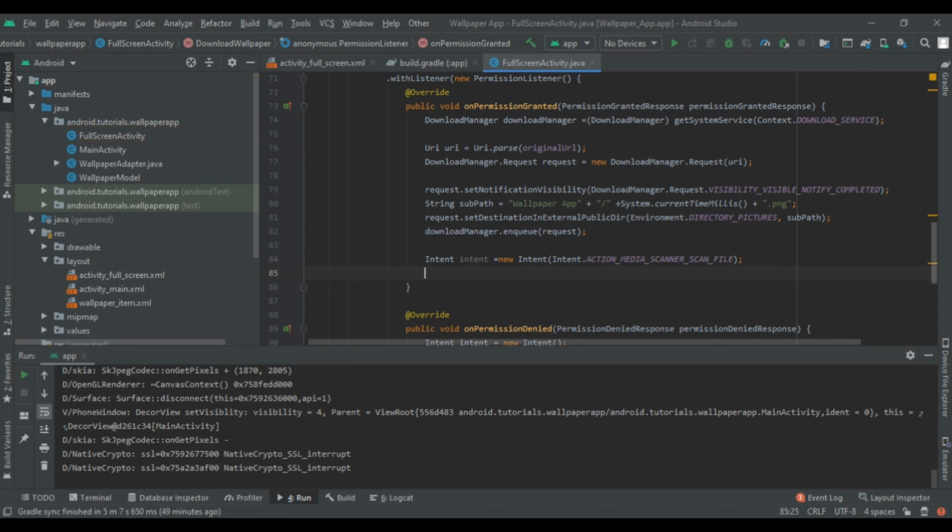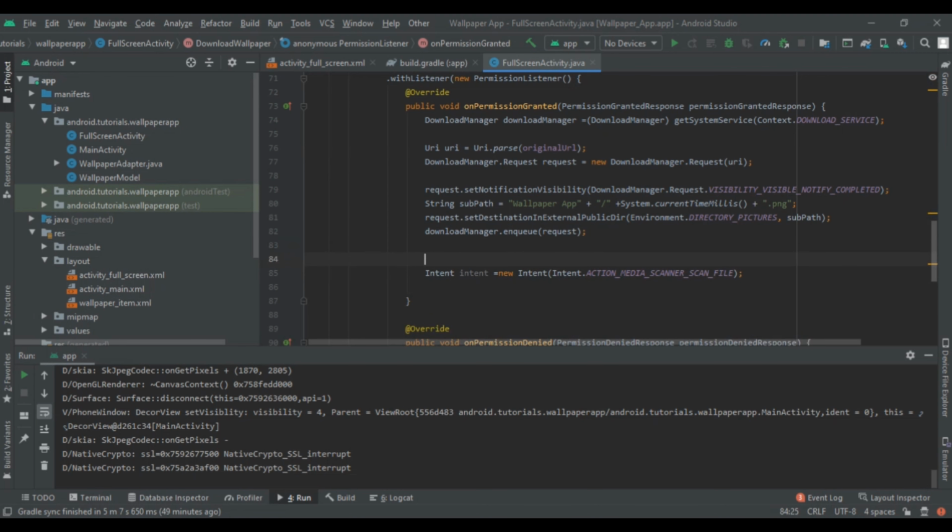So first of all we are going to create the URI. So our first URI will be uri1 is equal to, then pass our subdirectory. So Uri.parse subpath. So this will sync our wallpaper app folder from our internal storage.